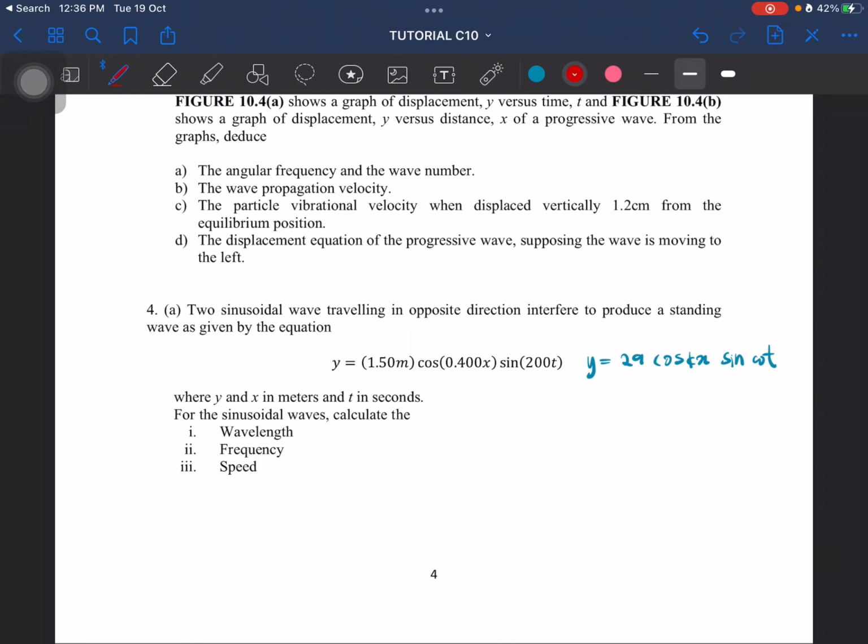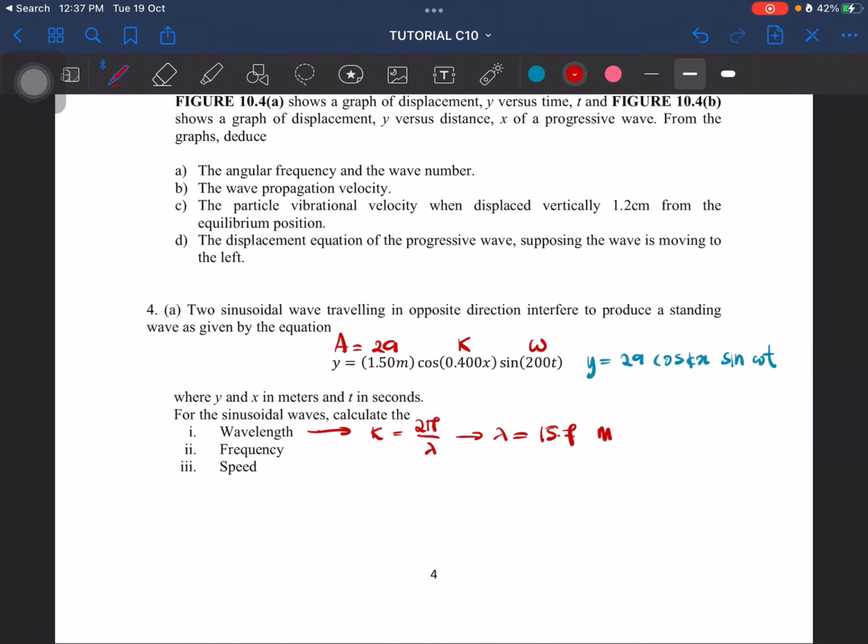So the value of wavelength can be calculated by using the wave number. So lambda is then equal to 15.7 meters. So this is the value of k, this is the value of omega, this is 2a,